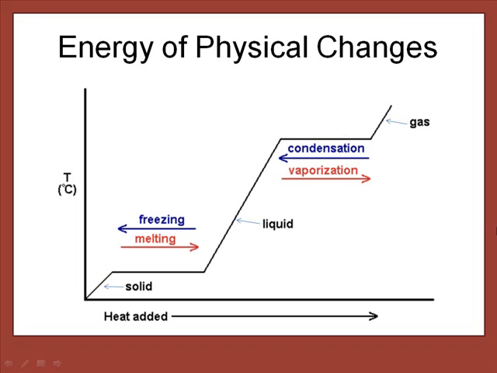If I have some really cold ice, maybe it's been in the freezer, it's at -5 degrees Celsius, and we want to heat that up. At first, if we are adding heat, what will happen is the temperature will increase. So at this point, we're changing the kinetic energy of that substance. As we get to the freezing point, or the melting temperature, they're the same temperature, 0 degrees Celsius at standard,